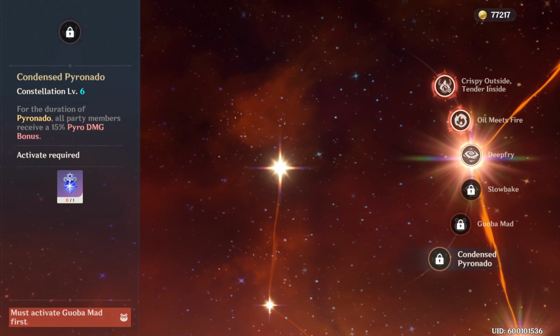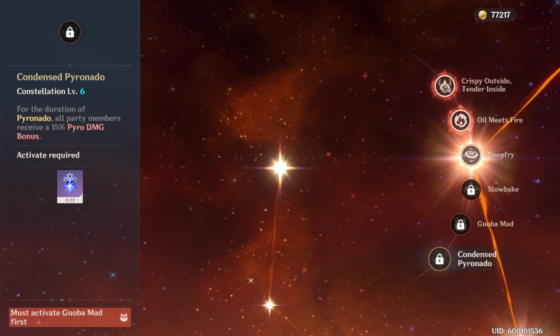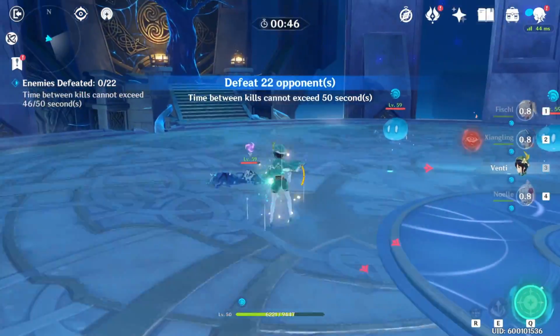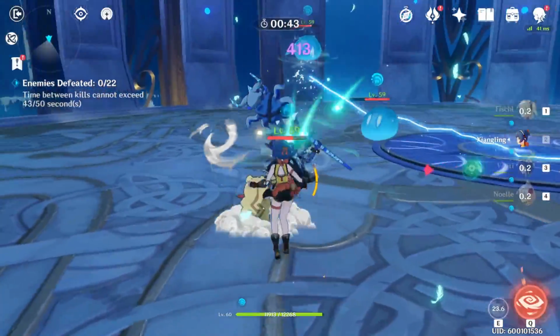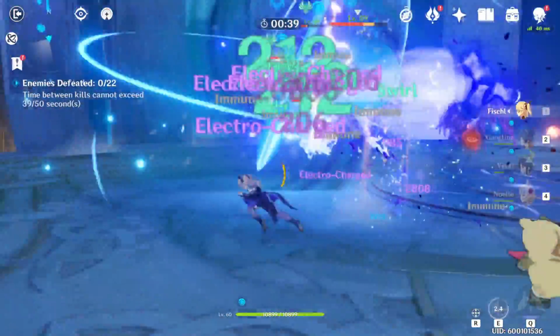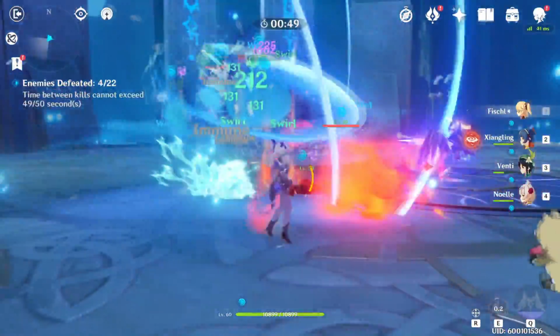And then finally, we have Condensed Pyronado, solidifying even a further increase in damage for not only herself, but your entire team. So for the duration of Pyronado, you do 15% pyro bonus damage with all of your characters, Xiangling